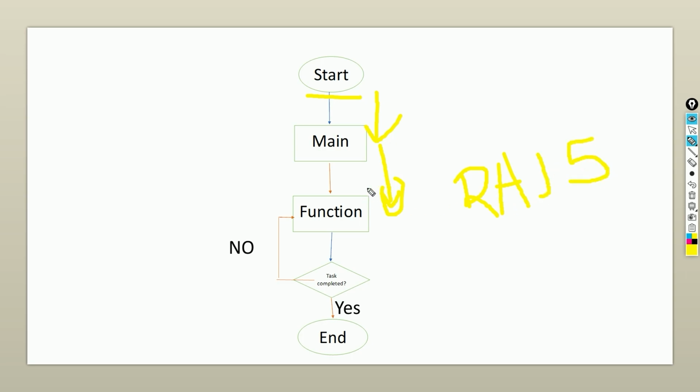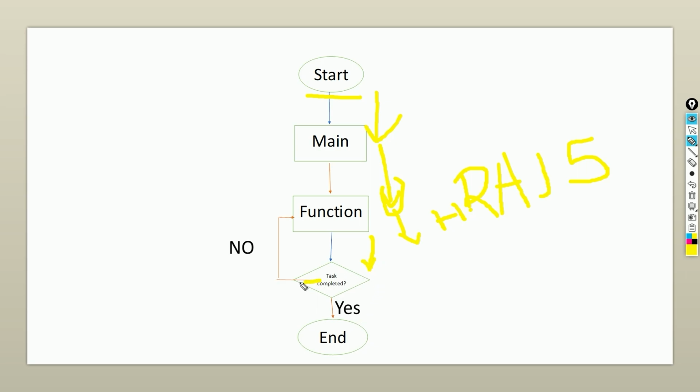So the function will activate and print Raj 1 time, and then it will go to this part and check if the task is completed. If yes, then the program will end,